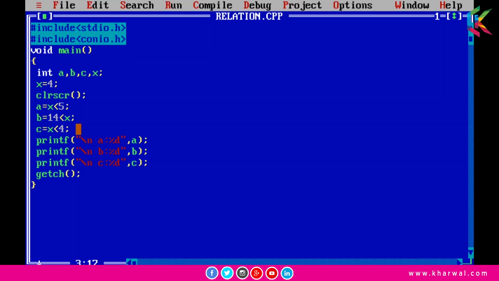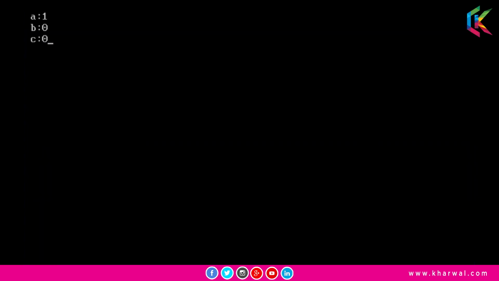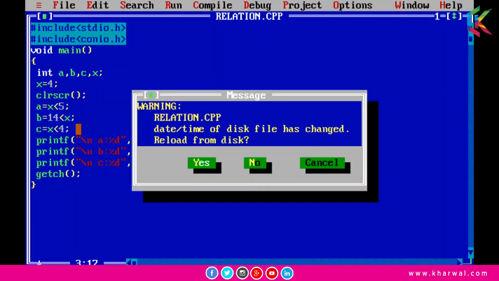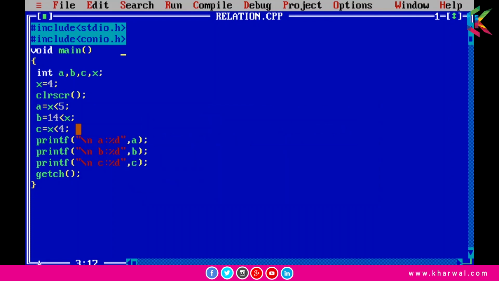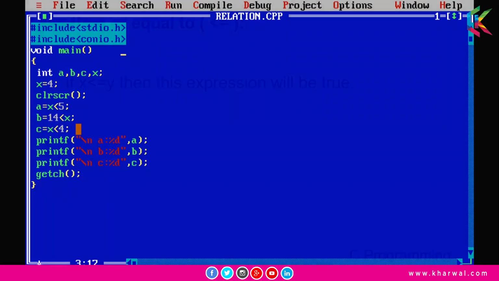And now guys, if I run this program, the value of a is 1 and the values of b and c are zeros. So guys, I hope it is clear to you. Now moving further guys,